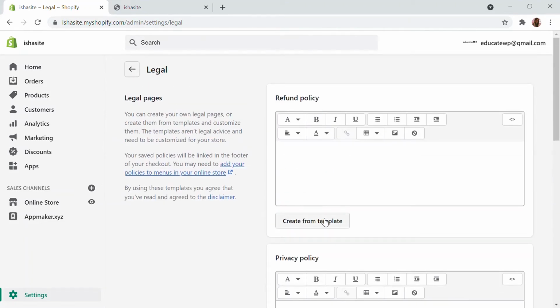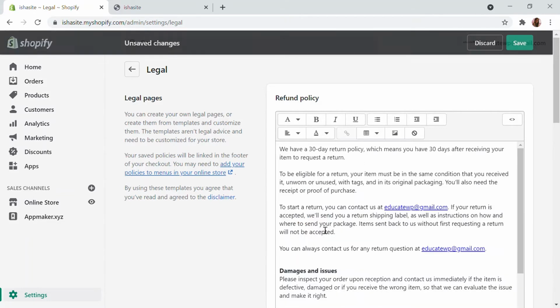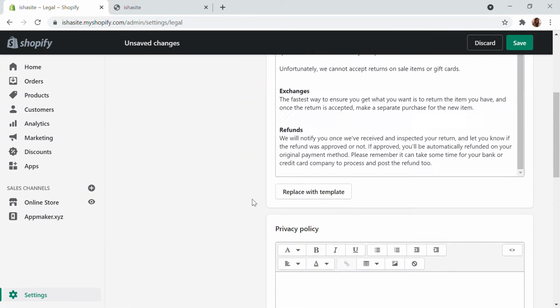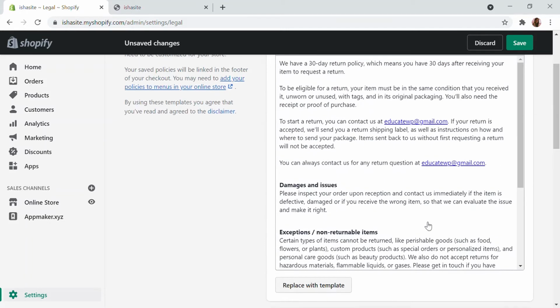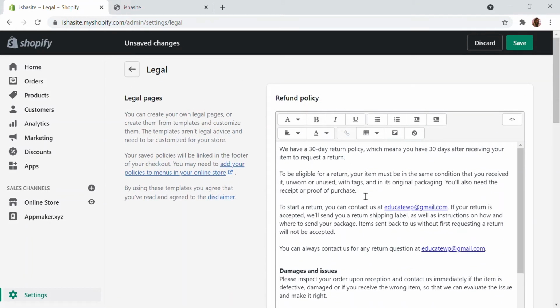So if you already have a theme, there'll be footers that are already set by them. So you just have to edit it right here. Otherwise, you can just create from right here. You can just click on the create, replace with template right there, and here you will be able to edit it however you want.